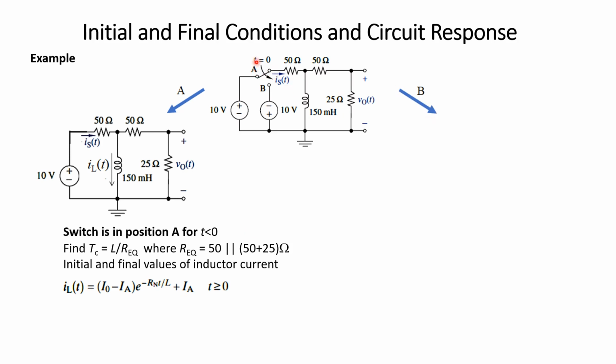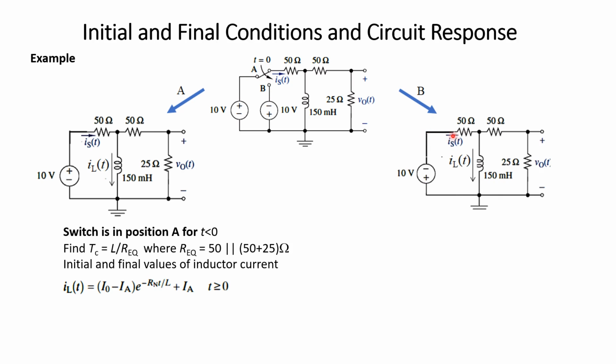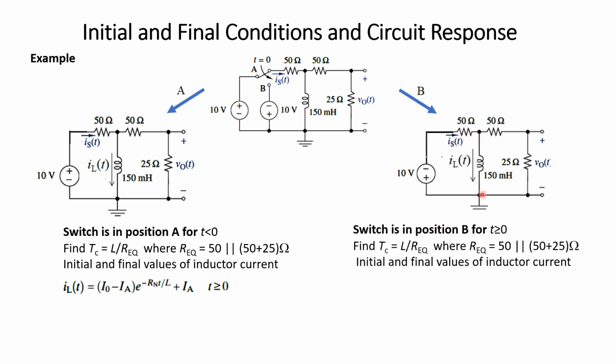When the switch is at position B, this is the condition. When at B, this minus 10 plus 10 source, which is connected to the circuit in A, will be disconnected in B. We will not show it here. Now again we will look at the state variable, and later we will find VO, with the switch in position B. We again see what the time constant is, and the initial and final values of the inductor current, and we exploit this